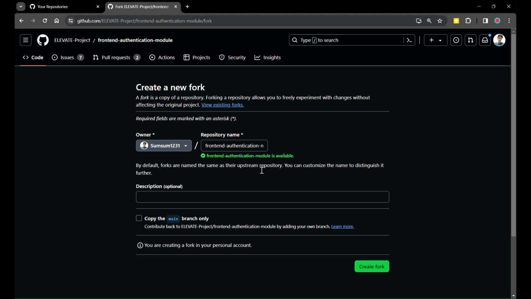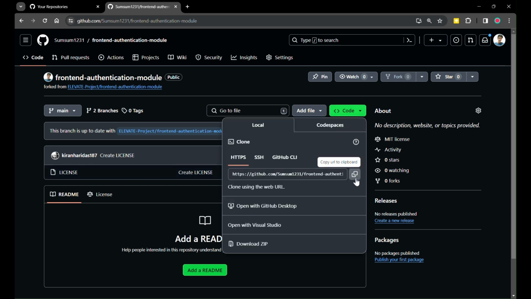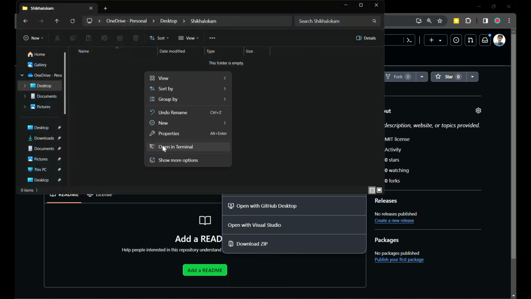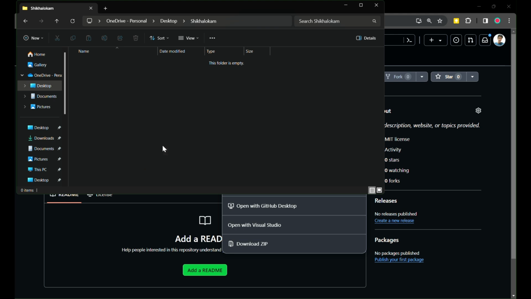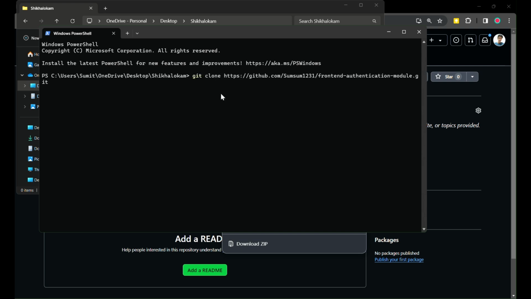And let's fork this repository once. What I have told you is to deselect this option, so you refrain from copying only the main branch. You have to copy the release 1.0.0 branch. Then after creating the fork, this will create a new repository in your GitHub. Then after that, just use this link,